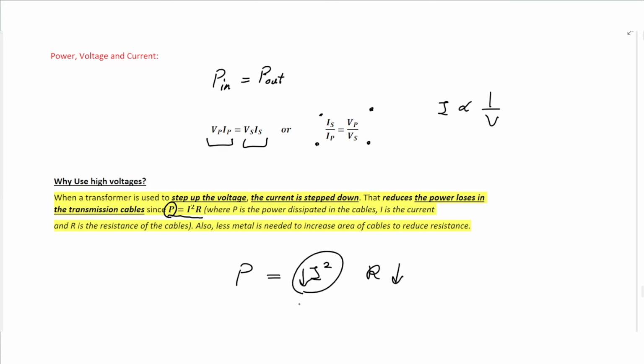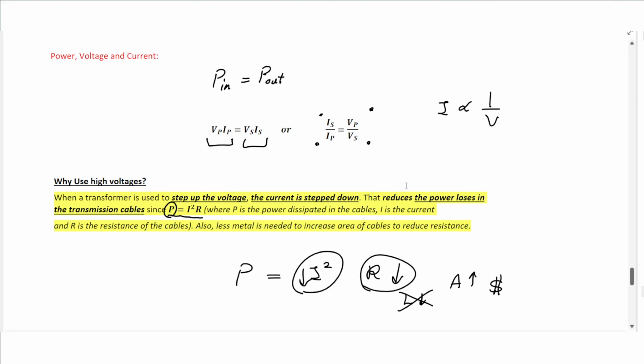Decreasing the current squared using a step-down transformer. Decreasing the resistance, you either decrease the length between a city and the generator, which cannot be done, or you increase the area, which means use wider wires, which will be more expensive. So using a step-up transformer decreases the current, so decreases power losses. And there is no need to use wide or thick wires to decrease the resistance, so it will be